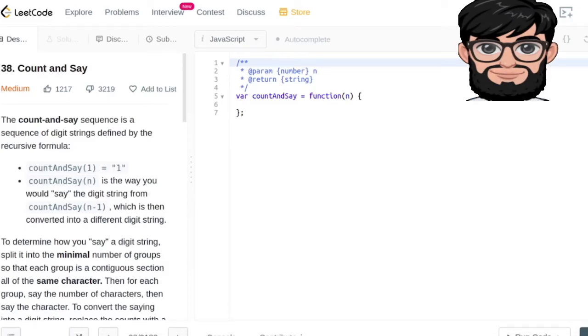Today we're gonna be working on Leetcode question number 38, count and say. So the count and say sequence is a sequence of digit strings defined by the recursive formula. So count and say 1, when n is equal to 1, is basically that we're gonna be